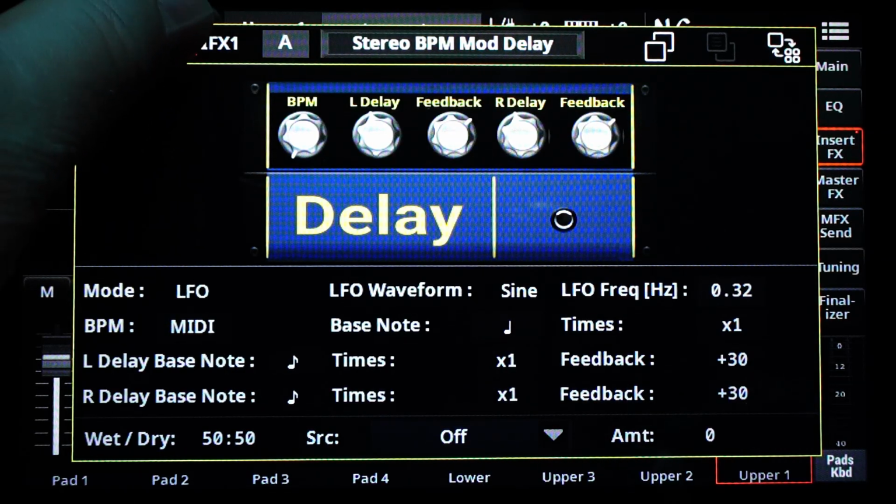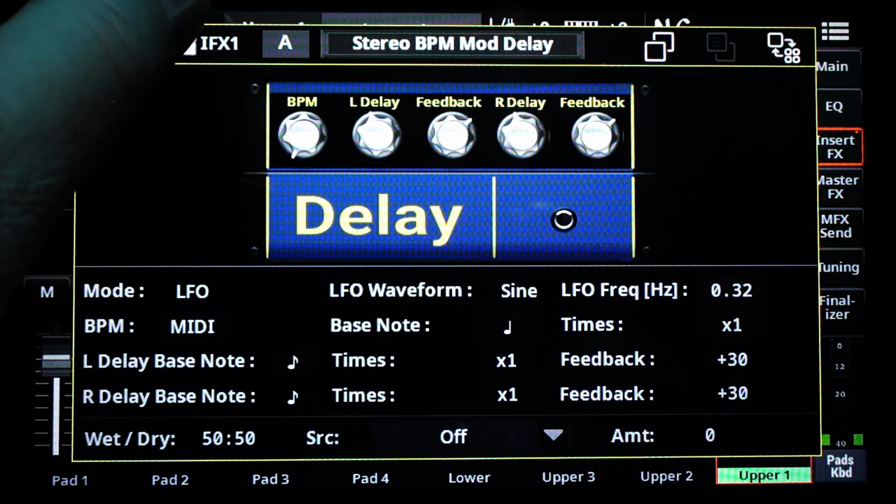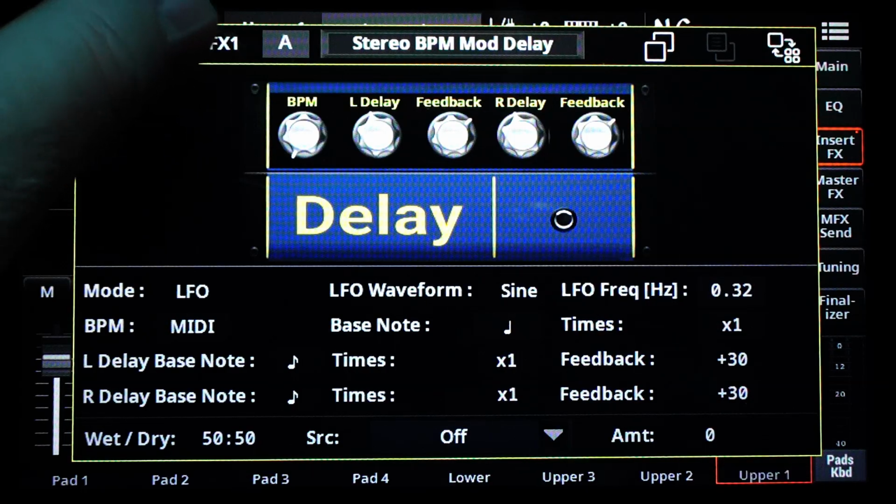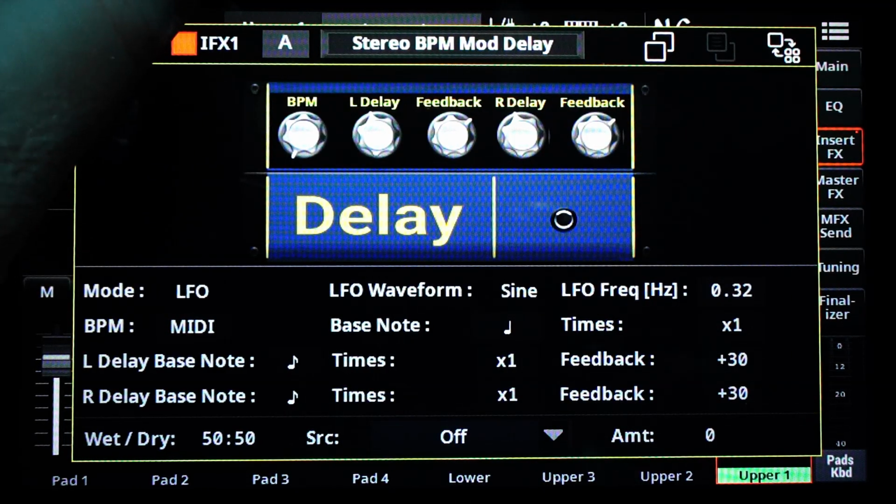And again, here's the notes without the effect. And with them on,